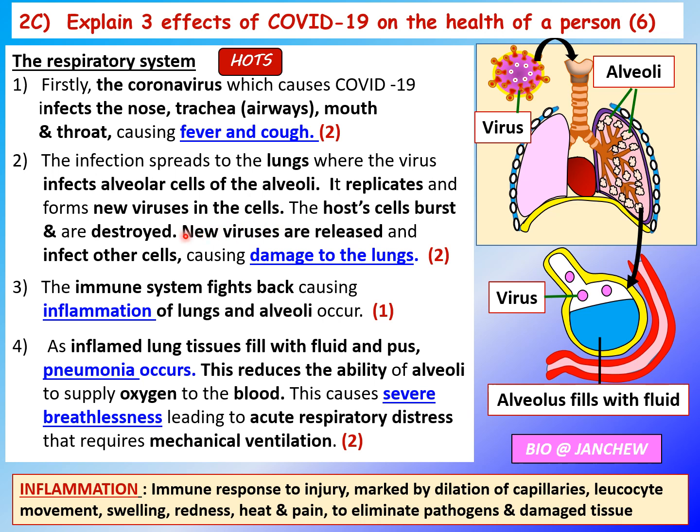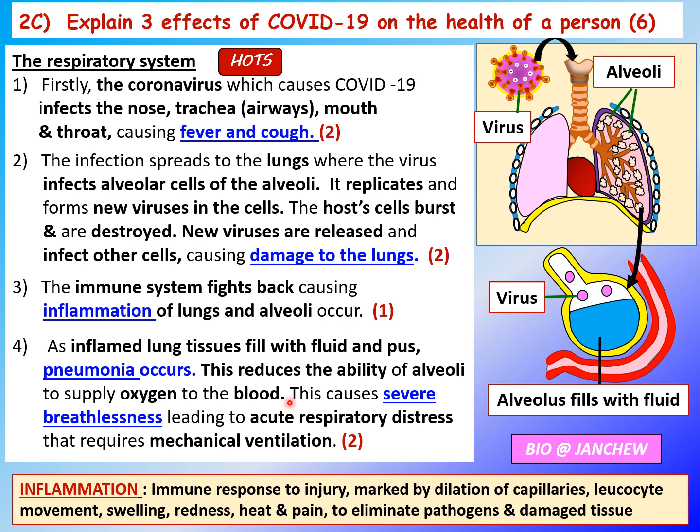the host cell's material. So the host cell, that means the human cells, will break open and they are destroyed, releasing many new viruses that will then infect other cells. In this way, the lungs are damaged. The alveolar cells are destroyed and the lungs are damaged. Then, as the immune system fights back, it will cause inflammation of the lungs and alveoli. So this will further aggravate the situation if the inflammation is very